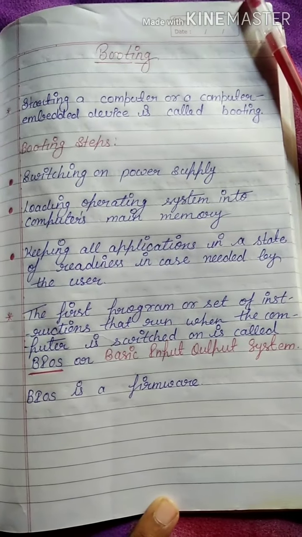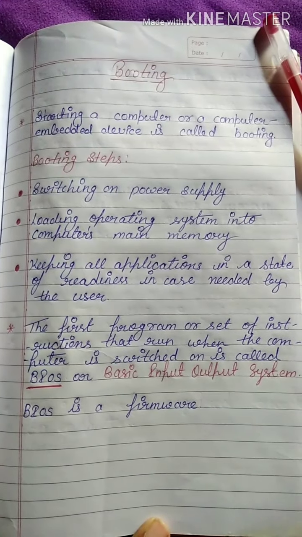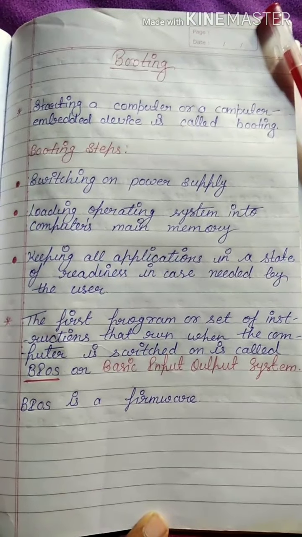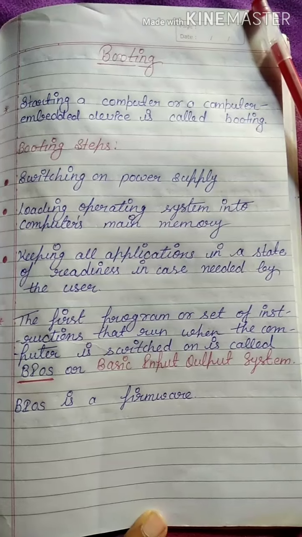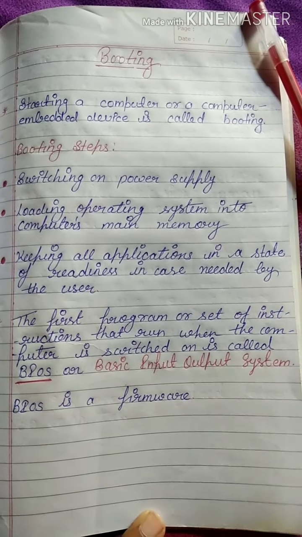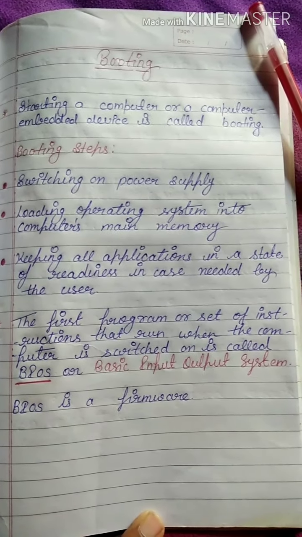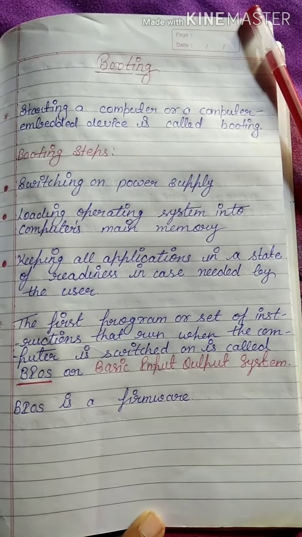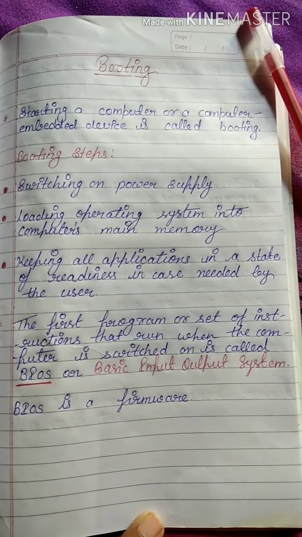How is this operating system loaded? Actually, the first program to run is the BIOS, or the basic input output system, which resides in the ROM, the read only memory. That is a part of the computer that never switches off, that never sleeps. When you switch off the computer, it still has a battery which keeps it activated. So when the power is switched on, the BIOS runs and BIOS will load the operating system into the main memory. And after that, what will happen?